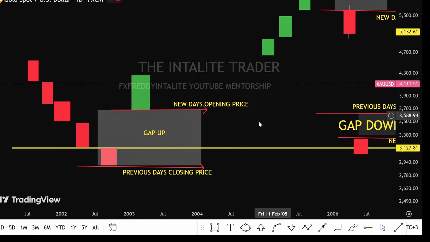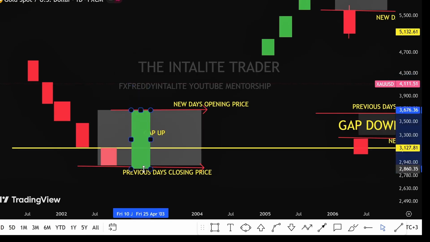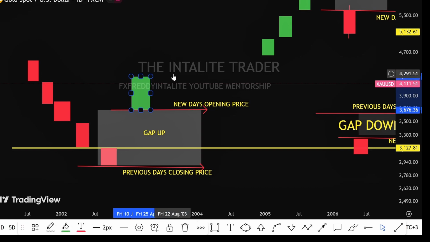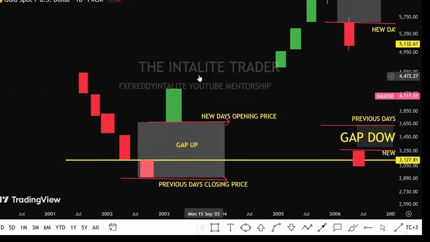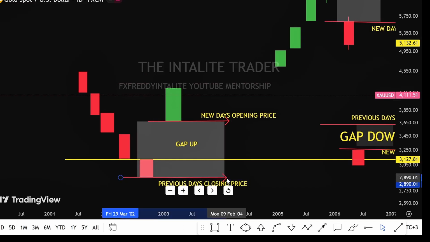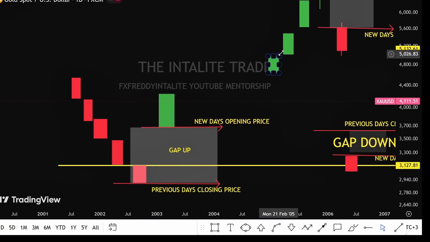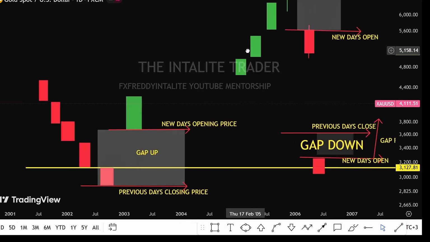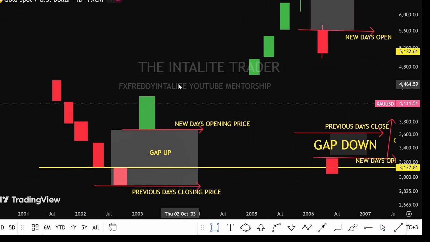Now, at times you may see price coming to balance and then it goes up. But if you don't see price coming back to balance here, it will just continue trending, printing bullish candles,